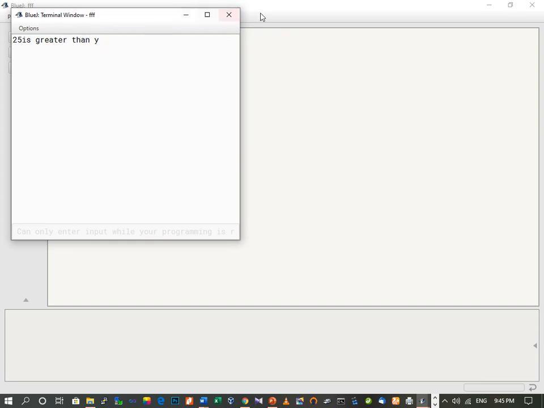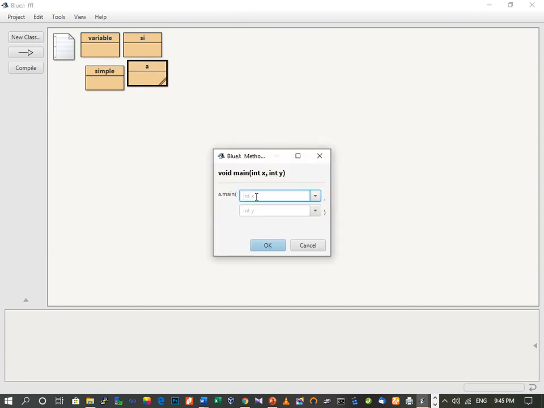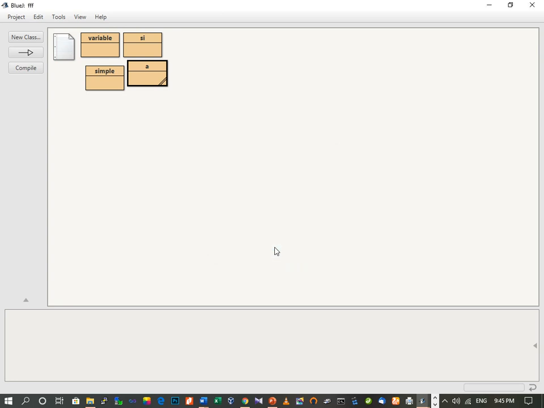But now what will happen if the value of x is smaller than y? So now during runtime, if I put the value of x as 12 and the value of y as 25, and we execute this program, then you can see that it is not showing any output.